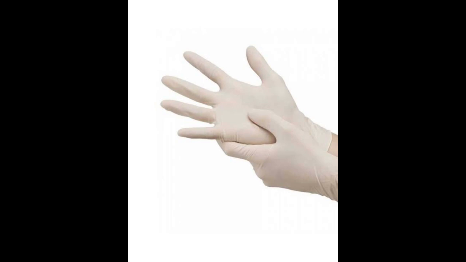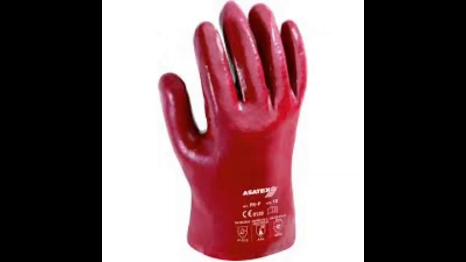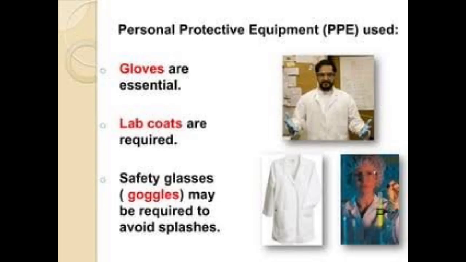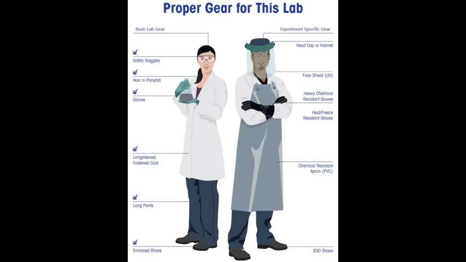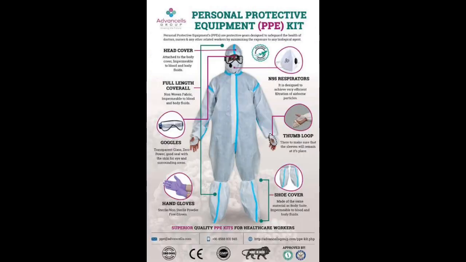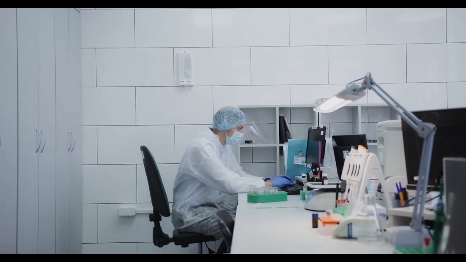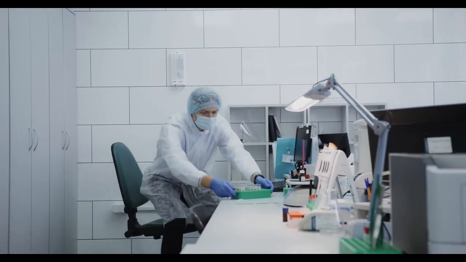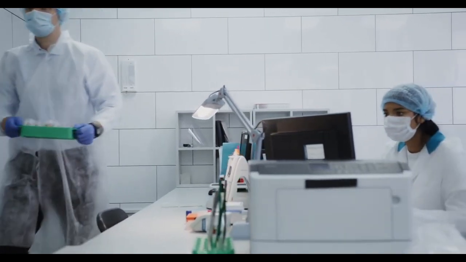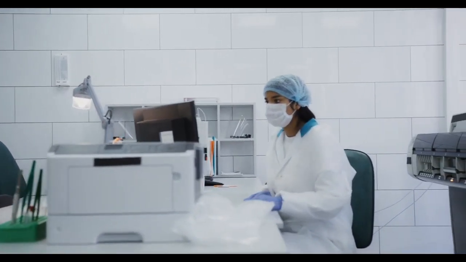Latex gloves are very helpful in preventing bacteria from harming you. You can use nitrile gloves. You can use vinyl gloves if you want chemical resistant gloves. If you are using certain chemicals, you need to use chemical resistant gloves. Secondly, you need to use a lab coat so that you're safe from chemical spills or bacteria. Third, you really need to keep the environment clean where you are working, because the worst nightmare of a microbiologist